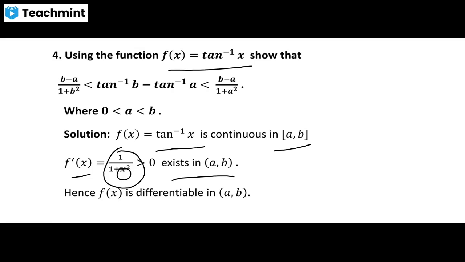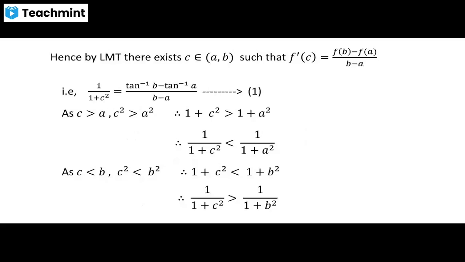f dash of x exists in the open interval a comma b, which means it is differentiable. Hence f of x is differentiable. Next condition: if any function satisfies these two conditions, that is, continuity and differentiability in the open interval,